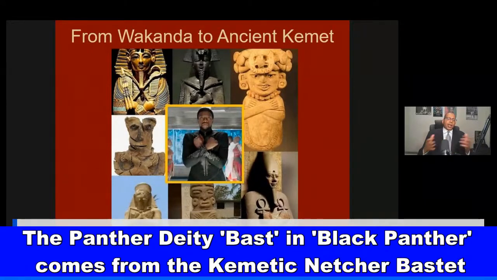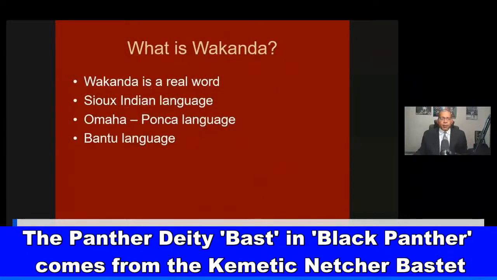We know that the Wakandan salute comes straight out of ancient Kemet. That's always right over left. And that is the pose of the pharaohs in the sarcophagi, the painted coffins. The sarcophagi is right over left. It's a symbol of power, symbol of royalty. And we see that go all around the world as well.